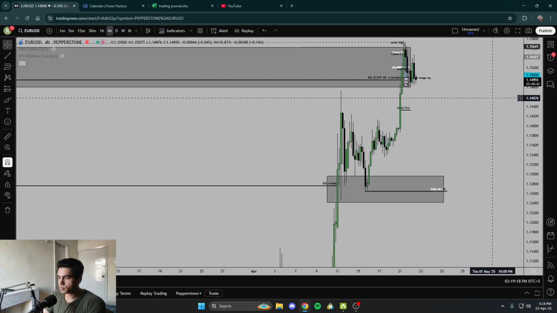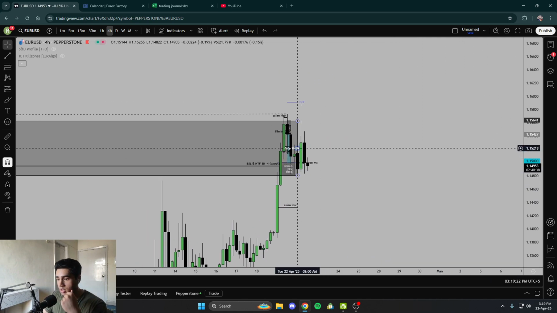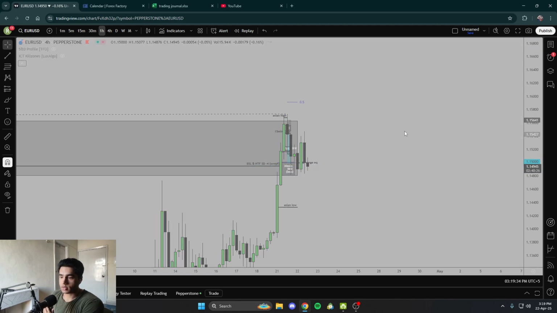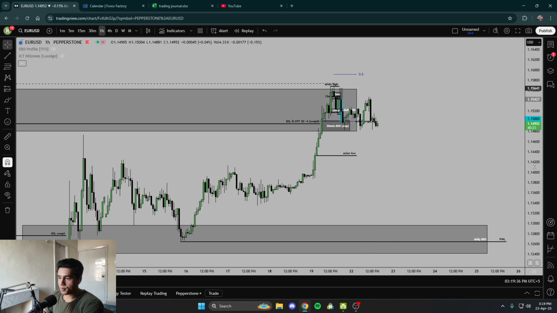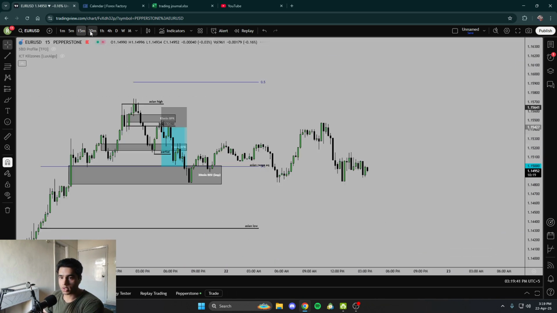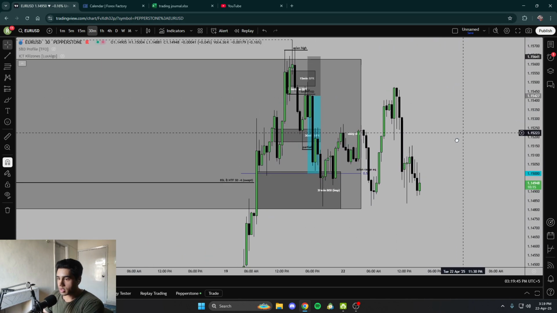So zooming in on the lower time frame, we also tapped into a daily CB. So this was indicating potential reversal or potential retrace to the bases resting below. So let me go on the 15-minute, 30-minute. So on 30-minute,